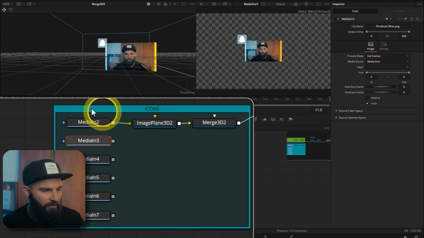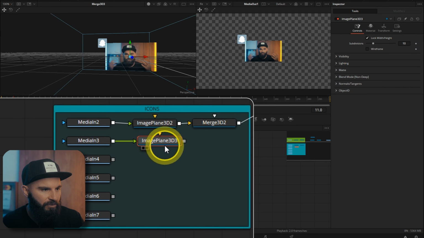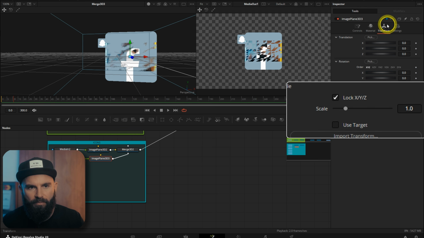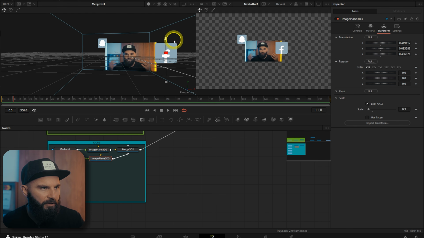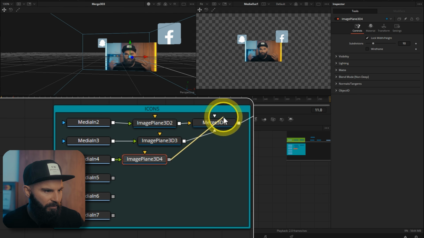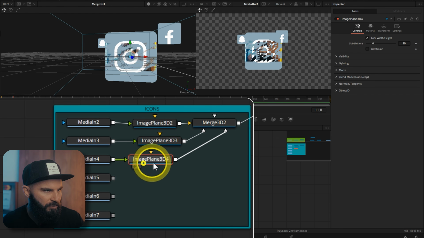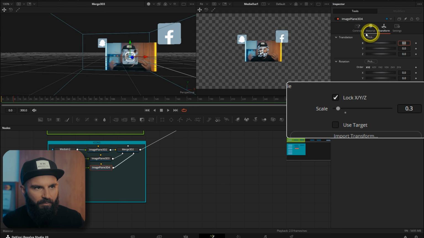Selecting the second icon below this one, add another image plane 3D and then connect it to this merge. Under transform, select scale and just scale this down to 0.3. Move this around, put this maybe up here somewhere. And then the next one, select image plane 3D, connect it to the merge as well, and then under transform, scale this down to 0.3 and then move this